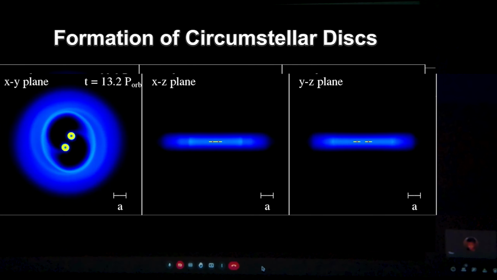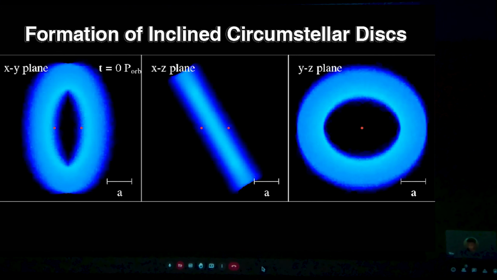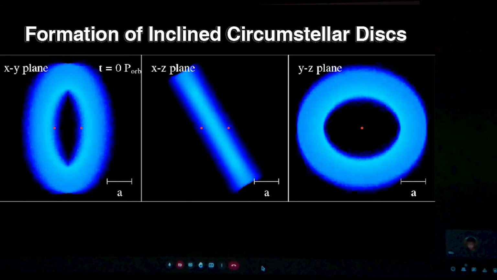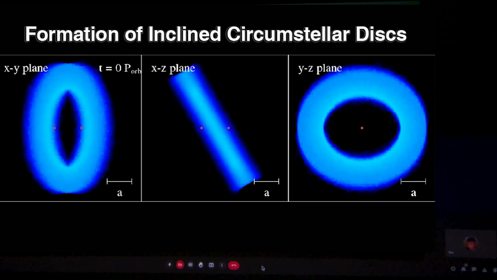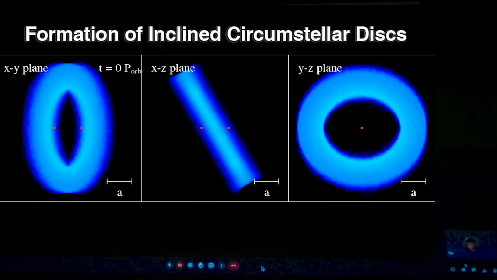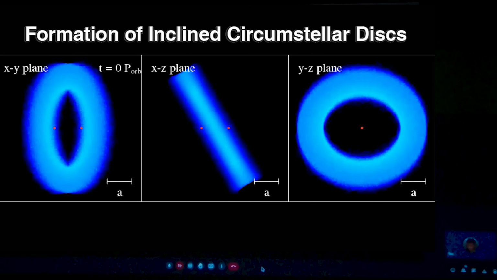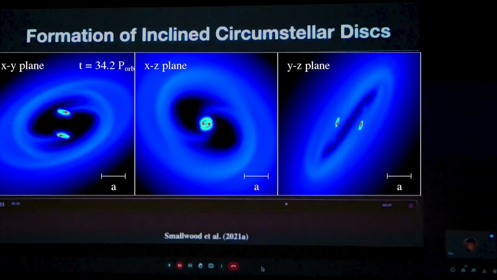I want to see what happens if the disk is inclined, because in observations we do see a lot of inclined disks. So how does the gas flow in these inclined disks happen? Again, we start with a circumbinary disk, with our binaries in red. We have an inclined disk, in this case 60 degrees, and material flows through the cavity and forms highly inclined circumstellar disks around each star, and they're really eccentric. Since the circumbinary disk is already highly inclined, the gas flow is highly inclined, and it forms these highly inclined disks, and they trigger